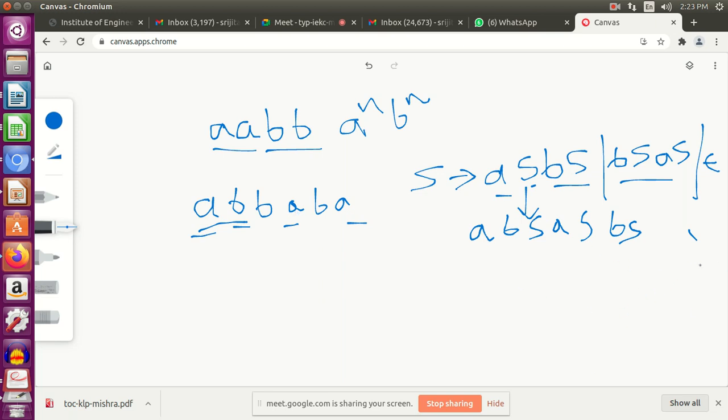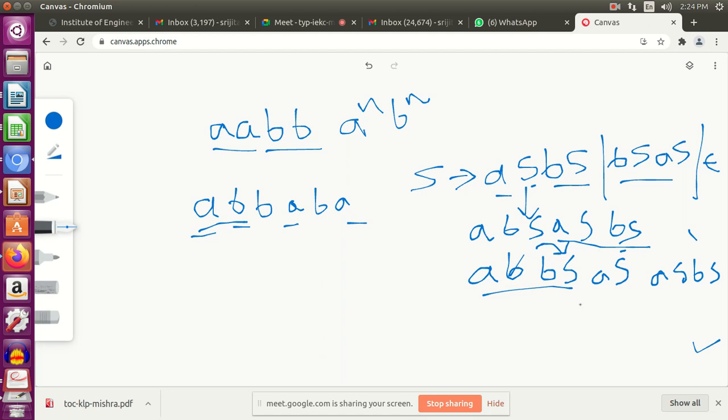So what we can do is replace this S with BSAS again, this S with BSAS again, and then I had this part. So just copy this part, AS, BS. Now let's see what we have got. We have got A, B, B here. After that, what do we need? We need an A, right?